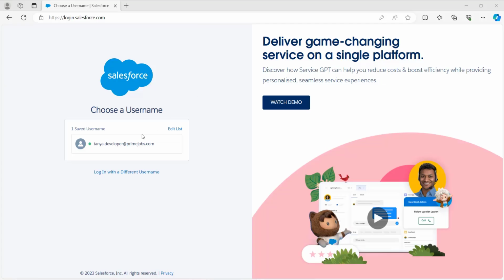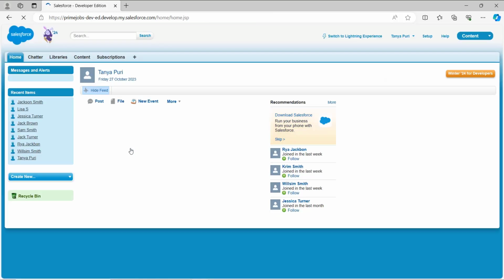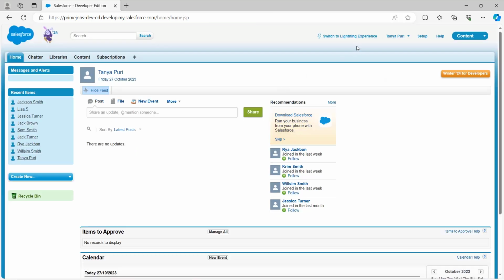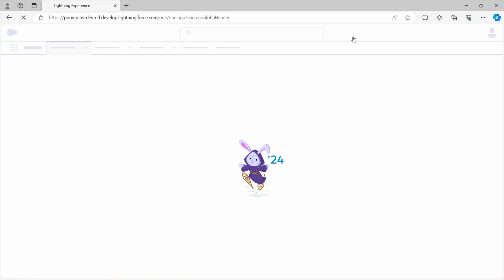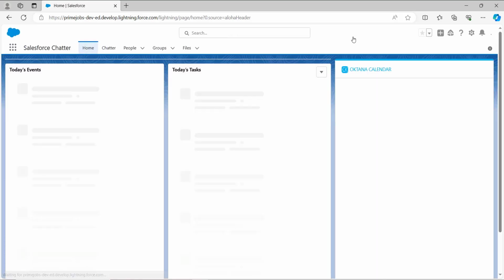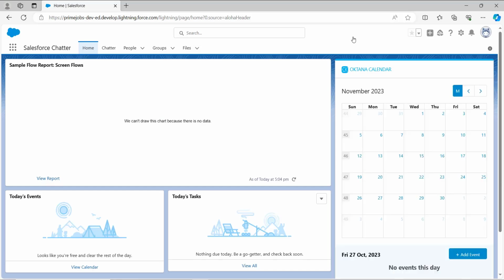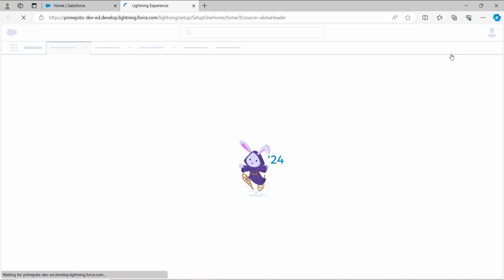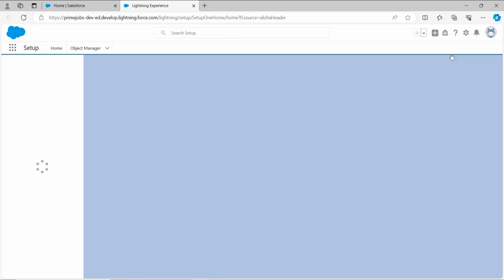Here I open up my Salesforce account with my credentials and log in to the Salesforce Lightning experience. If by default you are not in Lightning, you have to shift to the Lightning experience first. Once you reach the Lightning experience, your first step is to check where you are logged in. If you have landed on the home page, click on the gear icon and click on the Setup option to be redirected to the main Setup home page that is visible on your screen right now.